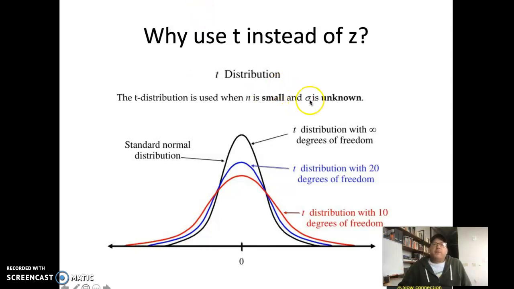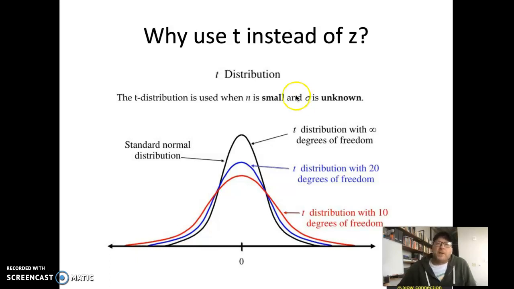When we're dealing with an unknown sigma, we're having to make an educated guess. And in both of those situations, if we were just to pretend everything was okay and use the z distribution, we would sort of be lying to ourselves. We need to use an adjusted distribution, which is more conservative, and that helps us be safe when we make